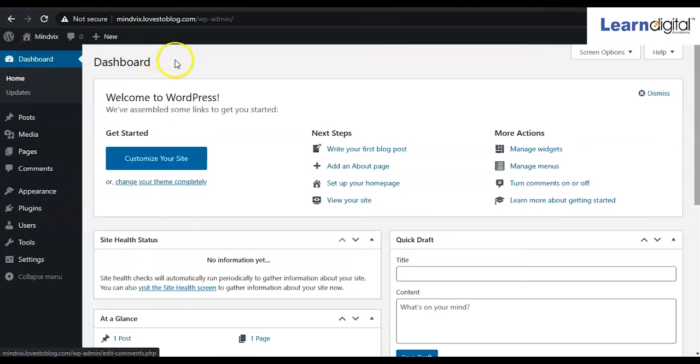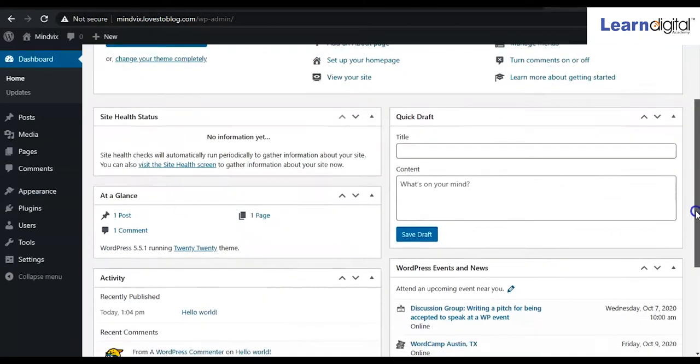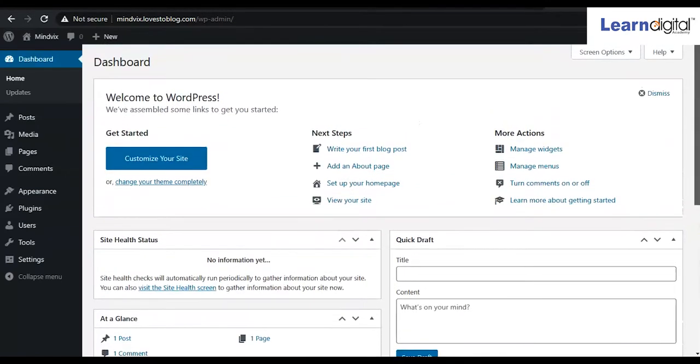If you click on this, this panel will open, and whatever things you can see here is the body. So this is completely a dashboard. Same is Home, and here the Updates option is there. Updates means whatever themes and plugins you install for your site, on a timely basis you will get update notifications. So you have to update that.